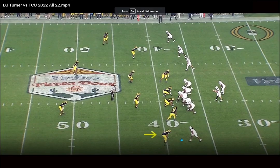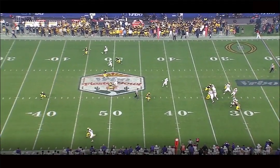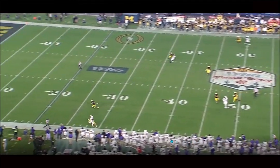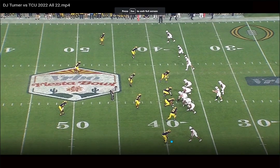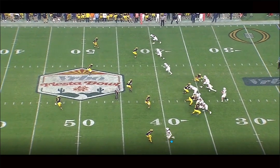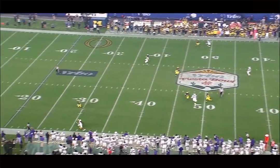DJ Turner at the bottom, matched up versus Quentin Johnston, actually, and you can just see the play speed on this play. Starts off with good footwork, good hip fluidity to get out of the transition, and this is just pure speed. Look at him get out of that pedal, good footwork, stays square, and then once he sees Johnston commit vertically, which Johnston runs vertically a lot, so he can tell, he stays over the